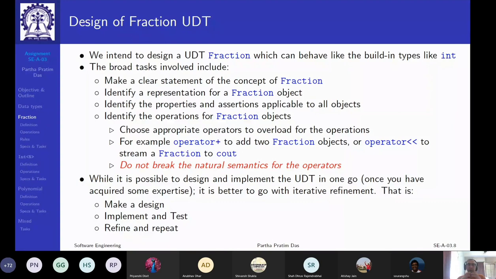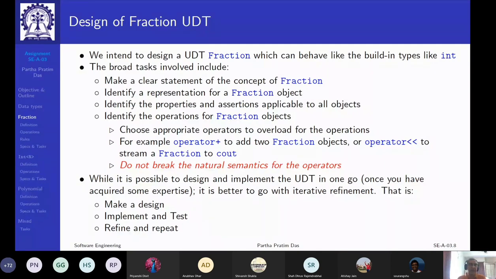Once we understand the operations, we have to choose appropriate operators to overload. For example, if we have to add two fractions, we will choose to overload operator plus. To output stream a fraction, we will use operator output stream and so on. And why will we do that? We have to make sure that we do not break the natural semantics for the operators, because the whole idea